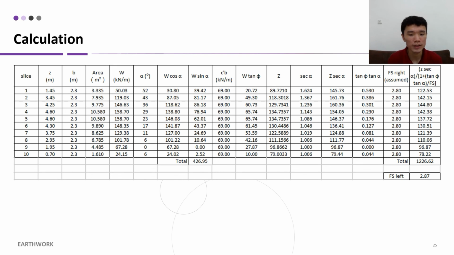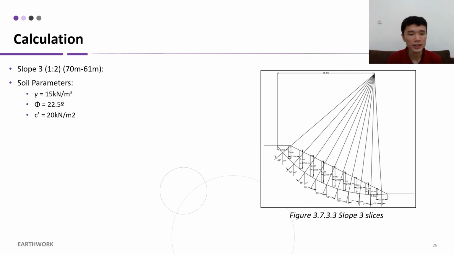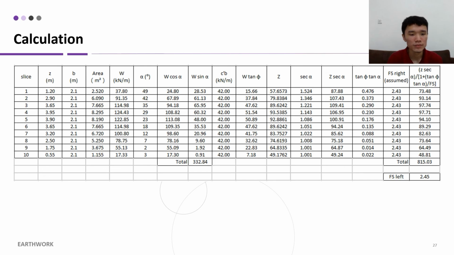for slope stability. For slope 3, the slope ratio is 1 to 2 and the height difference is 9 meter from 70 meter to 61 meter. The soil parameters are shown below. The factor of safety obtained for slope 3 is 2.45, which is higher than 2, is considered as acceptable range